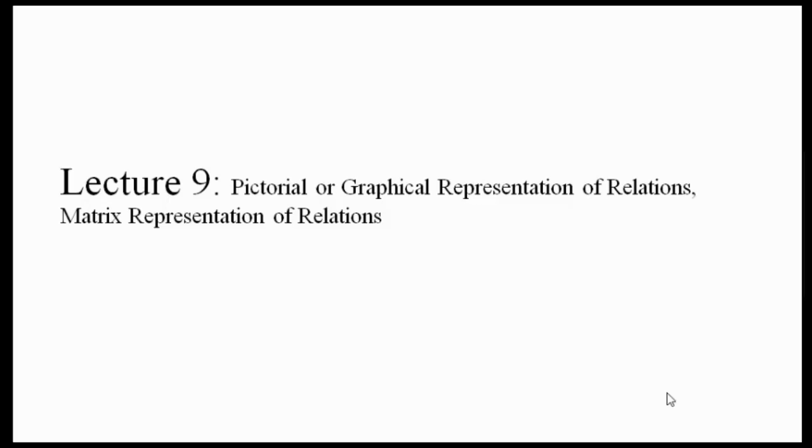In a general discussion, we have seen the diagrams, and also we have seen how to represent the relations in the form of diagrams, or we can say digraphs. This is also a directional graph. So we have seen how to represent it in the directional graph, that is pictorial representation. The same thing we'll revise now, then we'll move on to the main topic of how these relations will be useful for our computer science field.